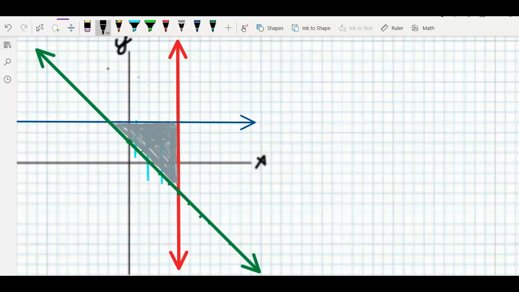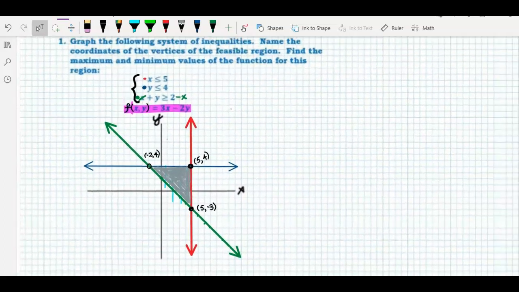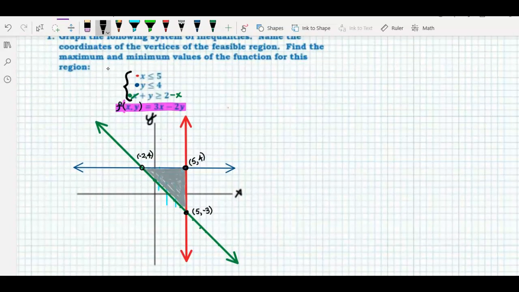This coordinate right here is the point 5, 4. This point right down here is the point 5, negative 3. And finally, this point over here, my third vertex, is the point negative 2, 4. So the next thing that I want to do, I want to take these points, order doesn't matter,